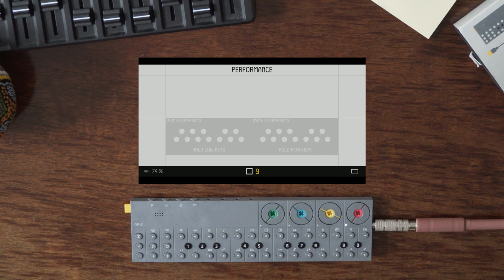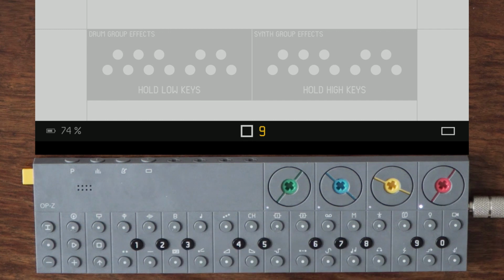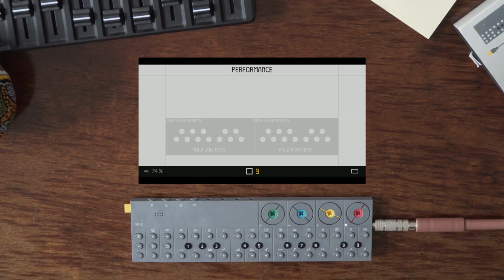By the way, you have the drum or sample channels with effects on the left-hand side, and it's segmented with the synths on the second half of the keys. By the way, in case you didn't know that, it's very important. So I'm just going to go over a couple of them very quickly. You've got the